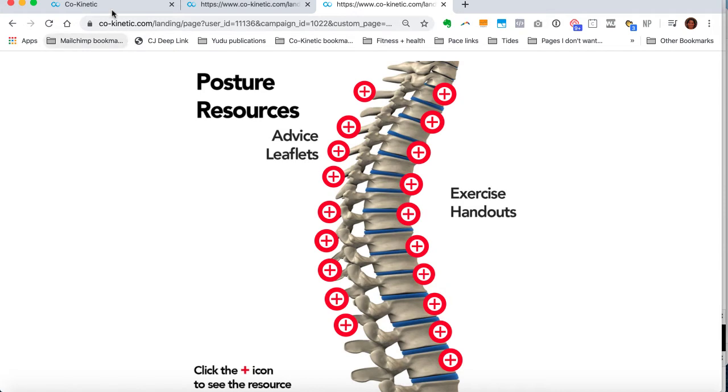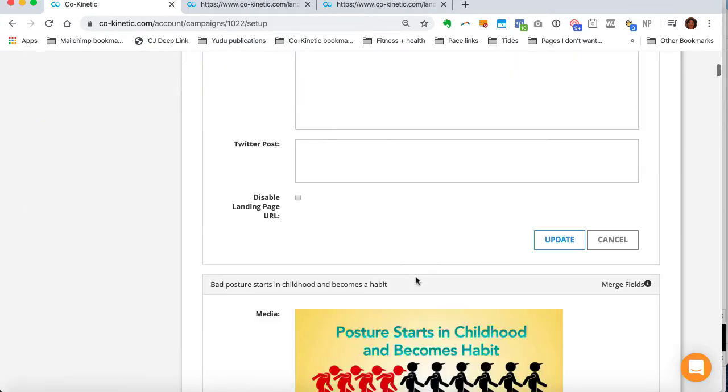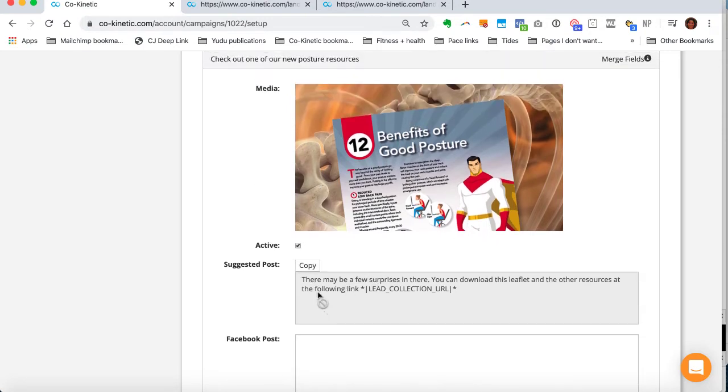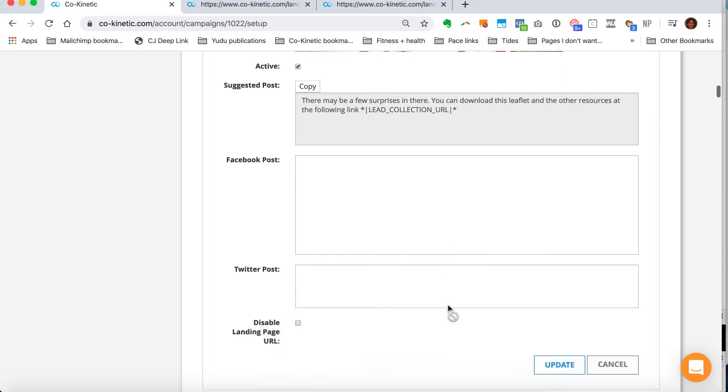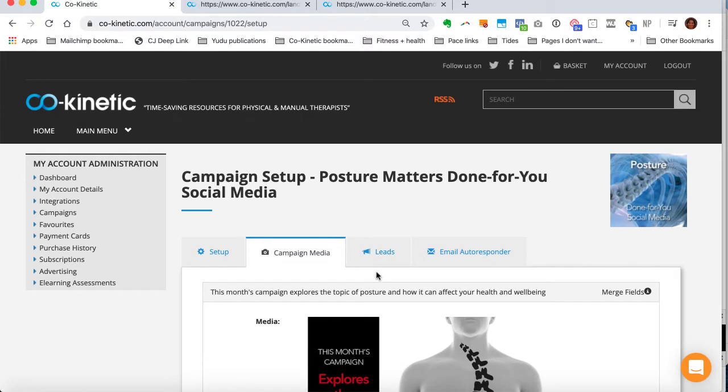then download their leaflets. So if you want to share, there's nothing to stop you sharing your patient leaflets directly on Facebook or Twitter or Instagram or whatever, but I would just urge you to think twice about it, because the whole point about these campaigns is that they are there to help you build your email list and collect email addresses. So all of our campaign media suggests, there we go, gives examples of leaflets they can download. You can download this leaflet and other resources at the following link. So that is what our social media campaigns are really designed to do, is to help you build your email